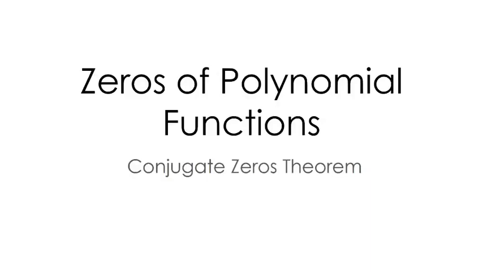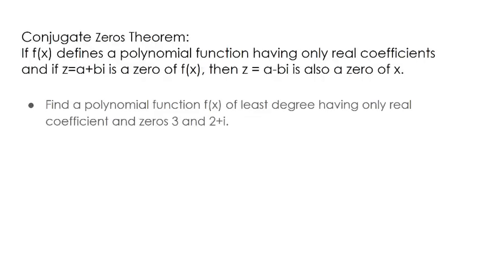In this video, we're going to continue looking at zeros of polynomial functions, and specifically, we're going to look at the conjugate zeros theorem. We're going to start by just defining what the conjugate zeros theorem is, and then we're going to look at just one example. So this says if a function defines a polynomial having only real coefficients, and if they give a zero, meaning we've got a complex zero, the i means it's complex, then what we know is the conjugate of that will